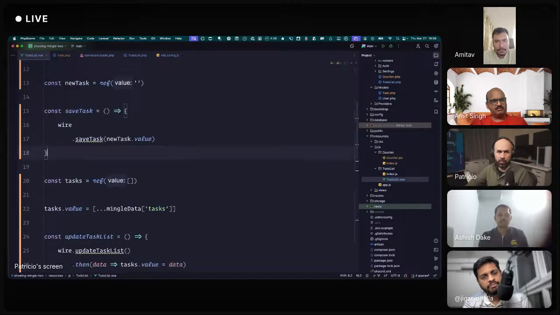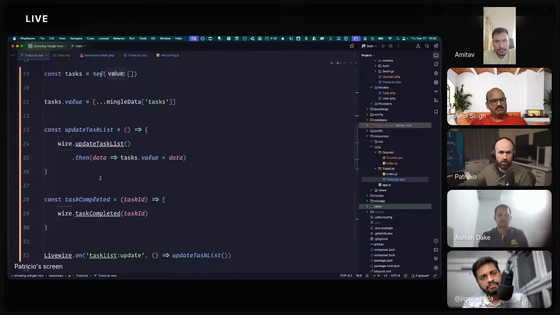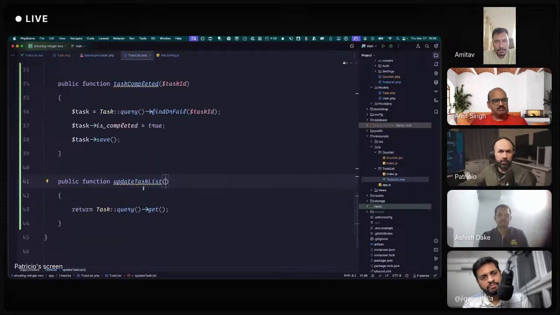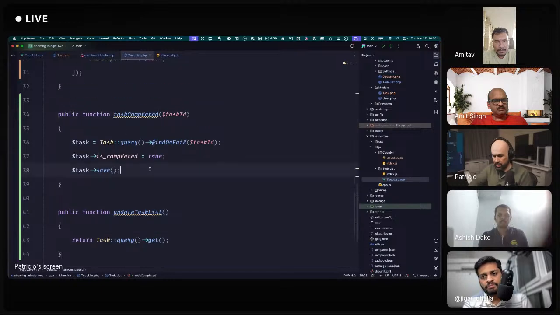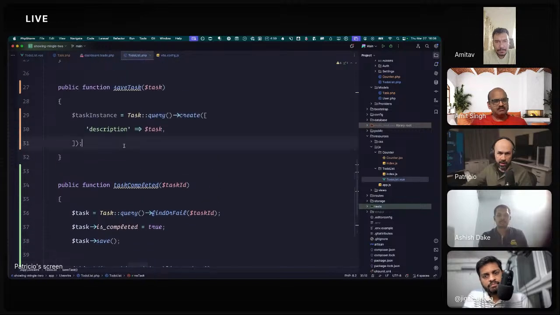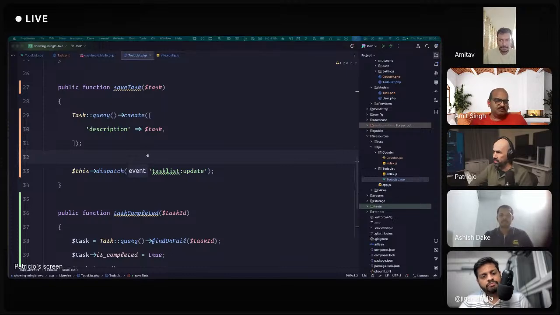So I delete it from both places, and I copy the name. After we complete a task, we dispatch an event, task list update. And we also do that after saving a new one to the database. So if all goes well, this should do exactly the same.